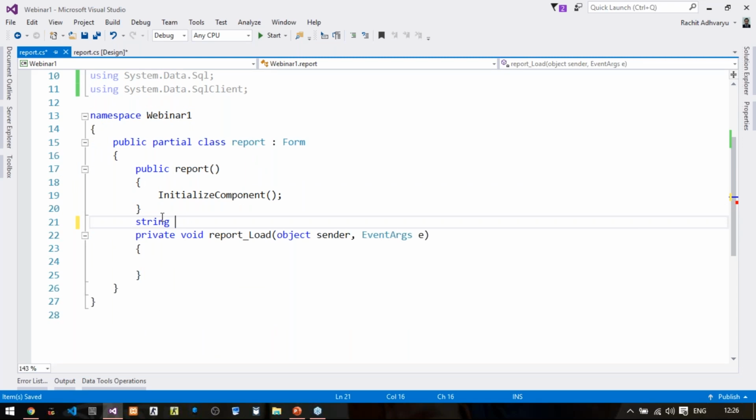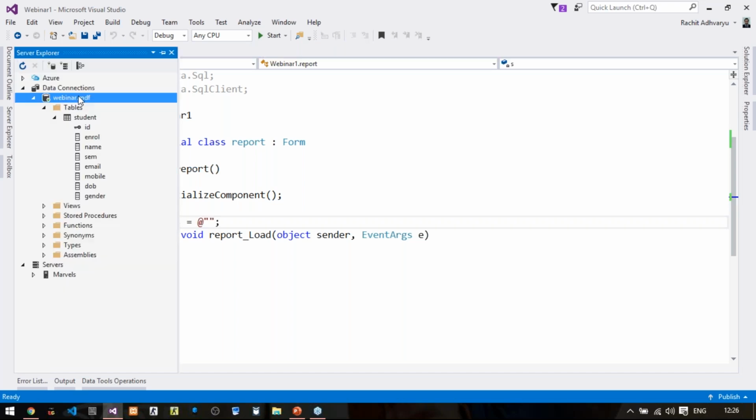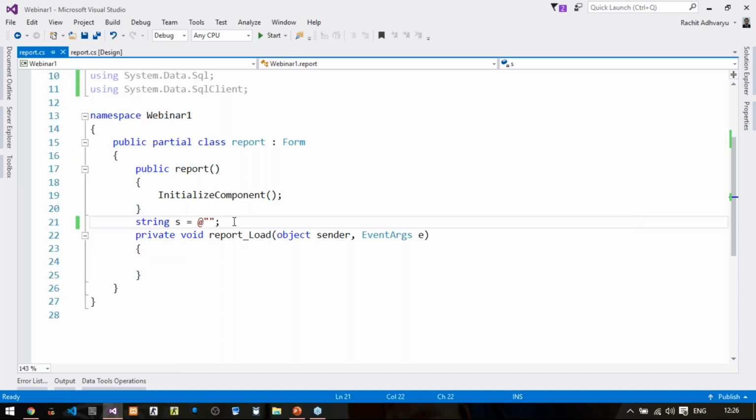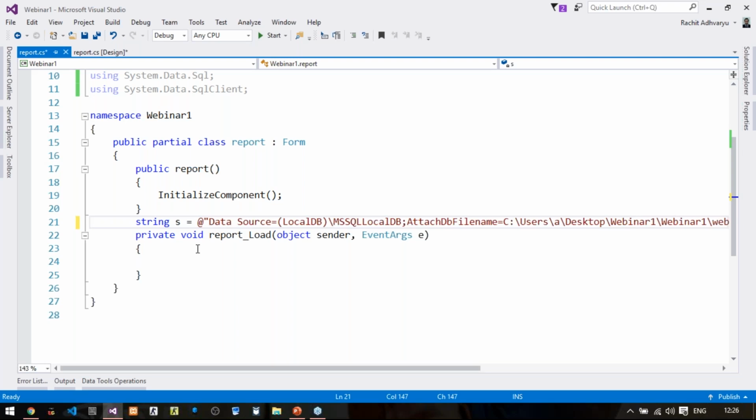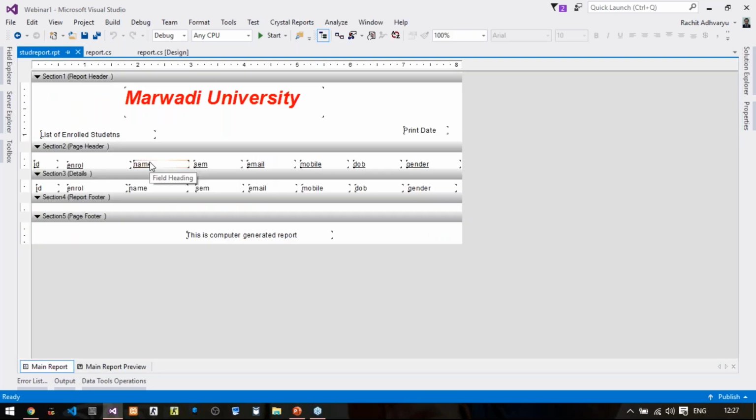Now, we are talking about this report load, and I'm also talking about binding of data from the database to these fields, right? So in report.cs, first thing I will do is string sel equals to, I will write the query of select, that means what data you want to fetch and display in Crystal report.